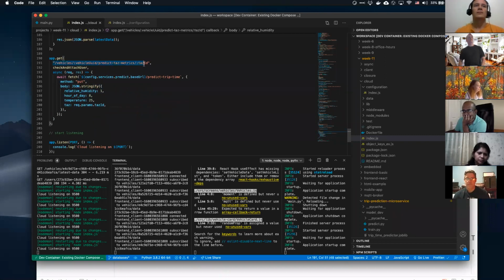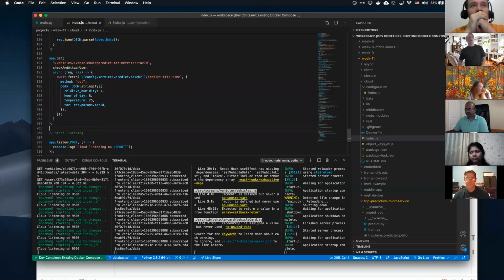So if we do a get on this vehicle UID, we should be good to go. And let's see, let's do a let prediction results here.